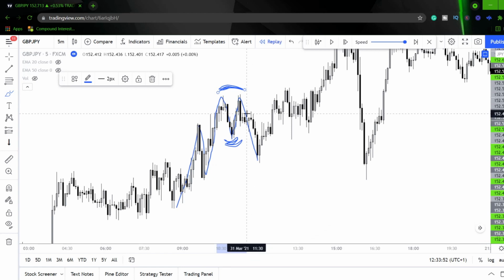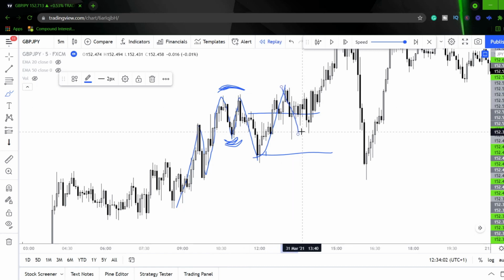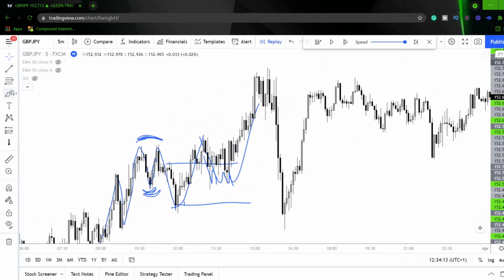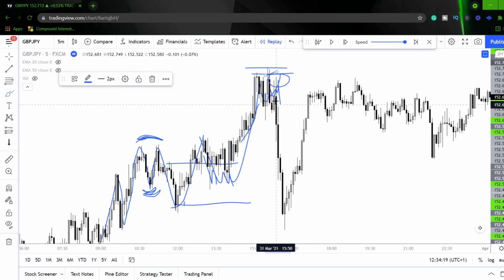But what happens here? We get the sell through the liquidity. We then break to the top side. We use the liquidity on the top side to move us back down into this order block in which we can accumulate positions and then take the market through the top side liquidity. And once again, we move into the top side liquidity, we accumulate positions, we run stops, we mitigate these stops,